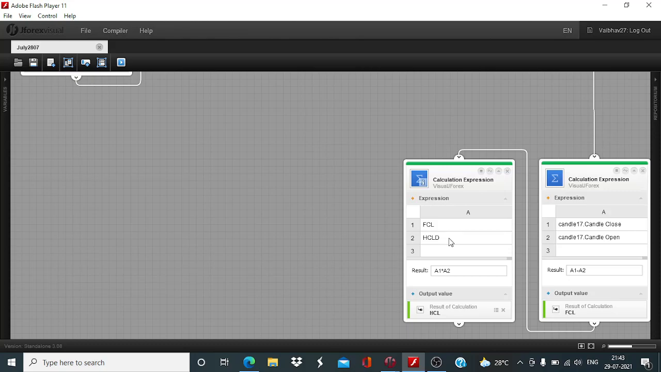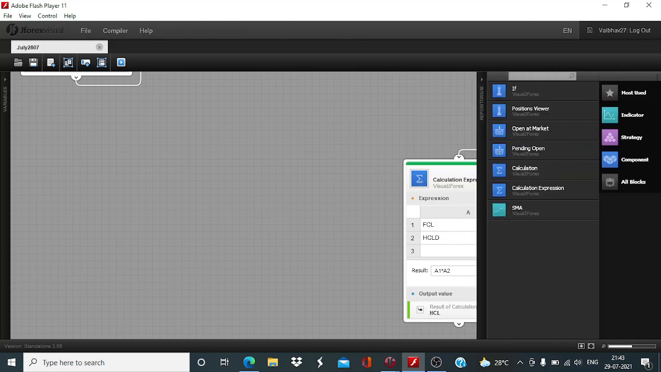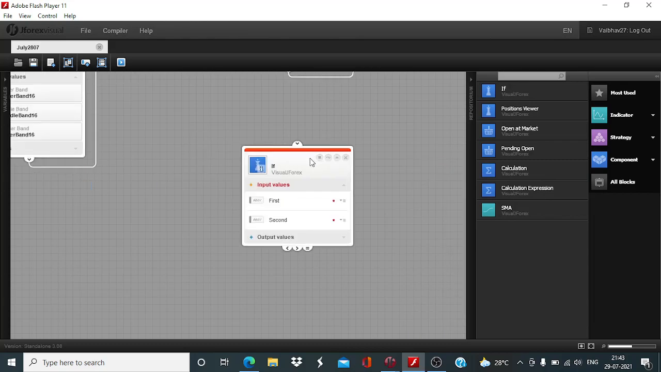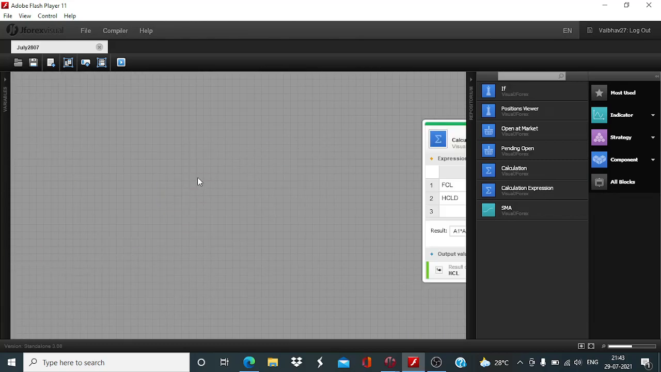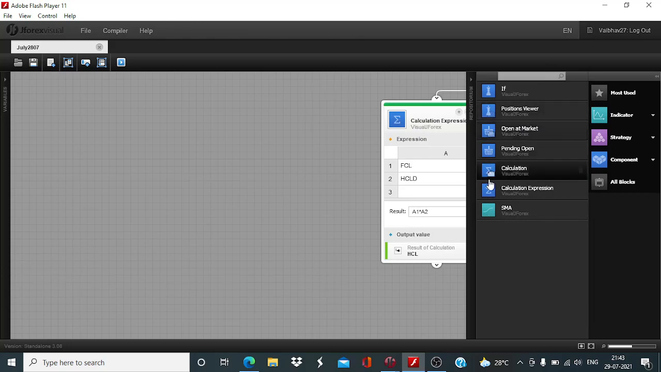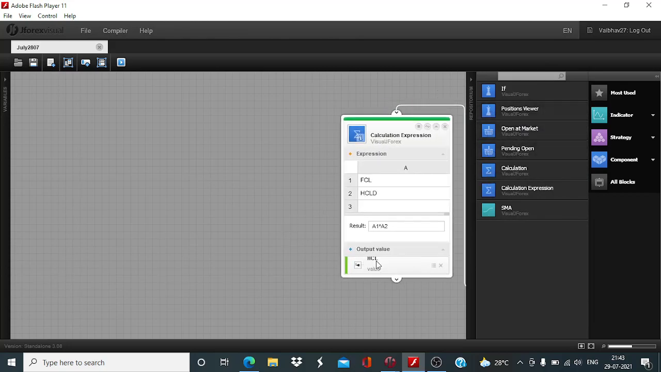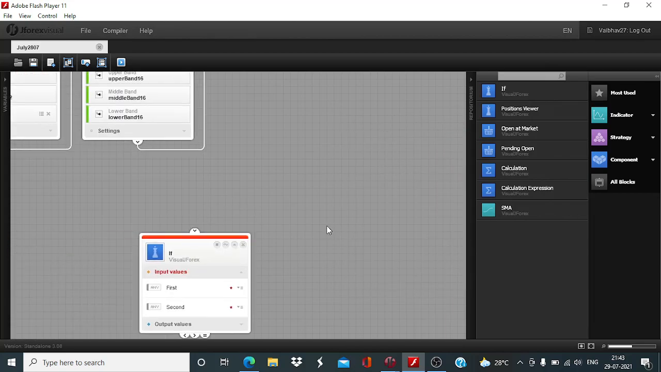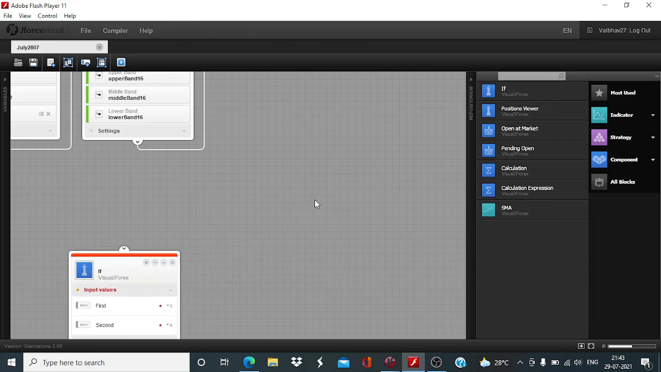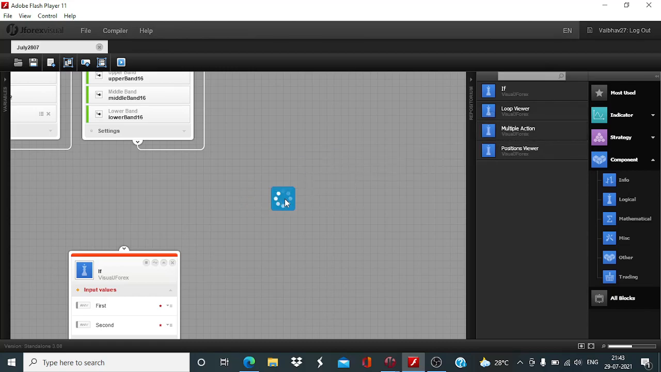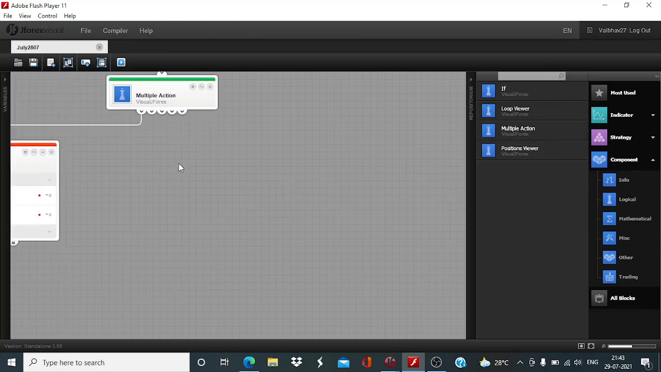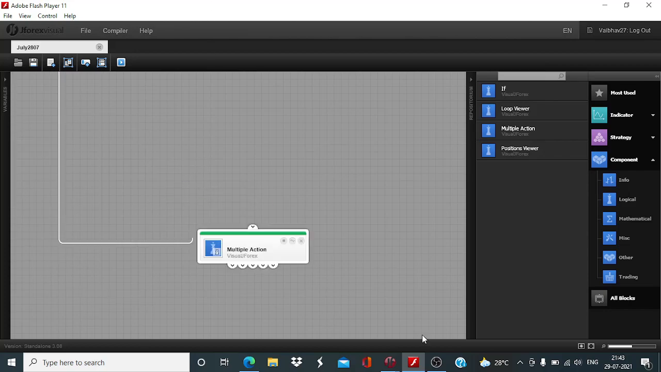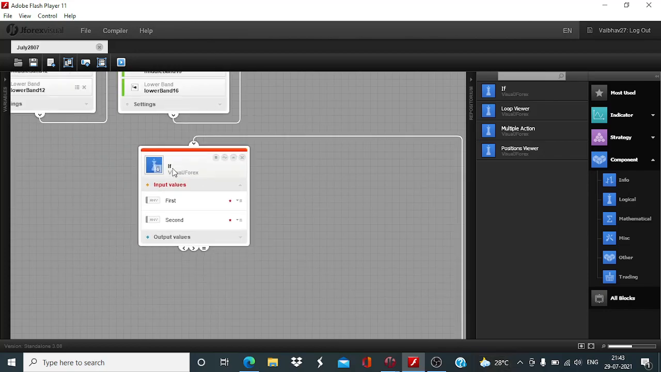Now we will go on to define the conditions for the execution of the trade, and after that, once we get these trade command blocks we will define the variables for stop loss and take profit. That part we will leave to be done later on. We're also going to need one more logical component, multiple action. Okay, now